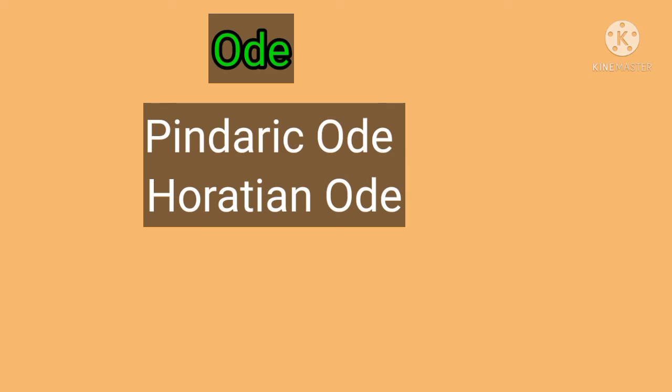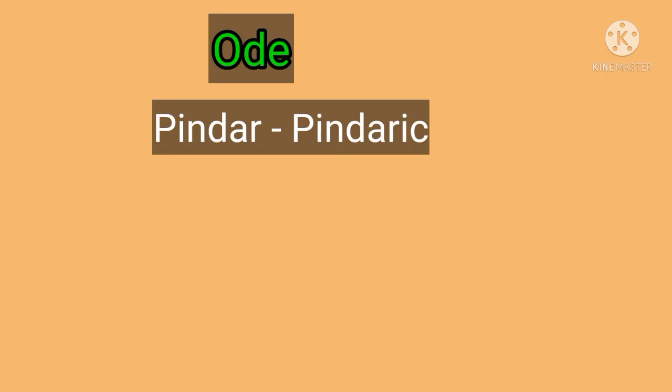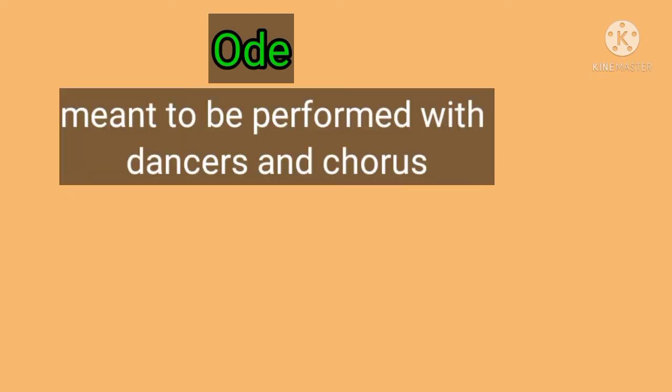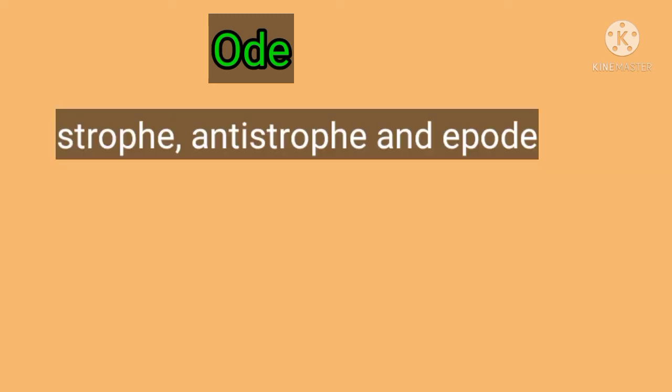The name Pindaric ode takes its origin from the master who used to write this kind of poems. The master after whom this poetry is named is Pindar. It is often described as the greatest lyrical poetry. Pindaric odes were meant to be performed with dancers and a chorus. It used to celebrate events like the Olympics. Pindar loved to include mythological allusions in his writings. Pindaric odes consisted of three parts: strophe, antistrophe, and epode. Strophe and antistrophe have the same meter while epode has a different meter.